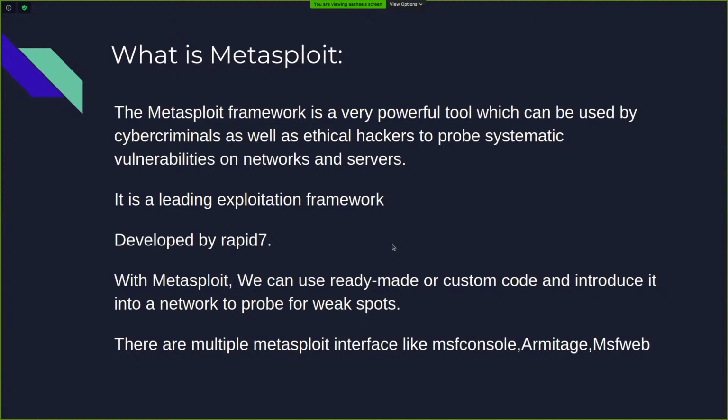Metasploit allows us to use different modules, and these modules are nothing but pieces of code that are used to extend the functionality of Metasploit. And you can also code them yourself inside the Metasploit framework. So Metasploit is very customizable according to your needs, and it is very easy to do that.